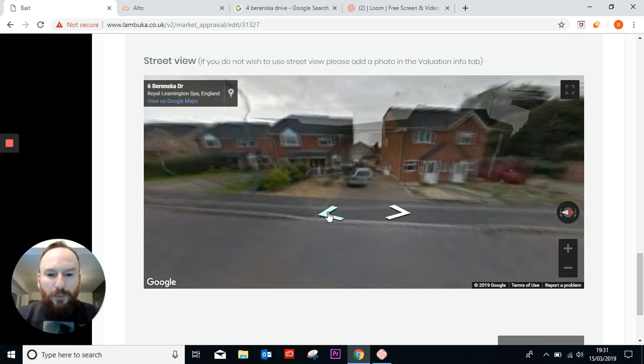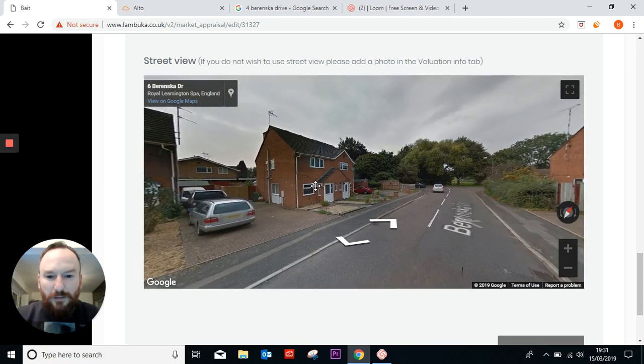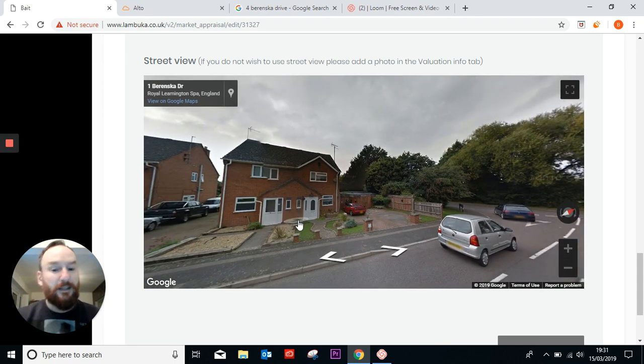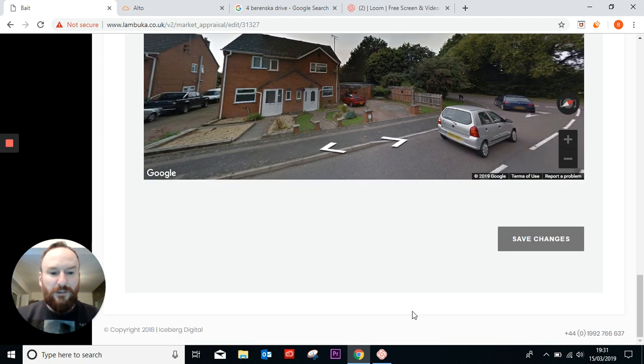Now it's important with this that we drag the actual house over to slightly off left, because this is where the address is going to go. So if we just save every change as we go along,